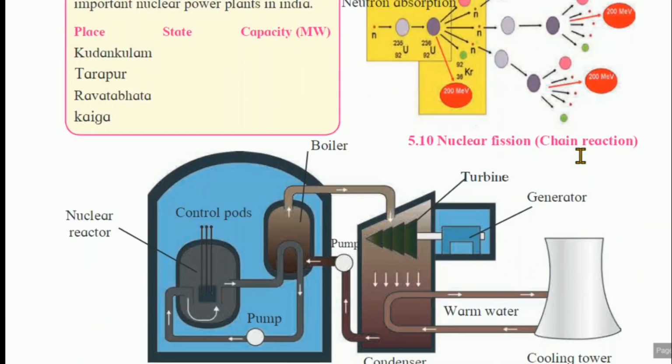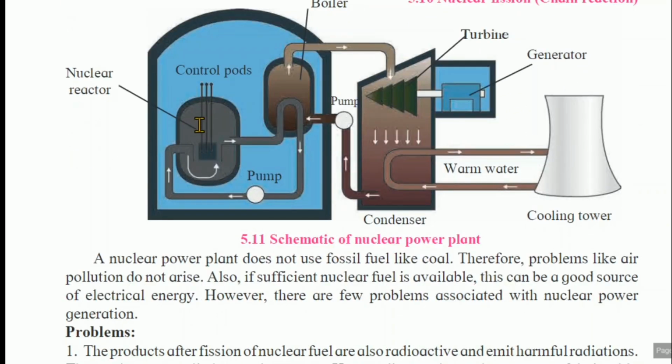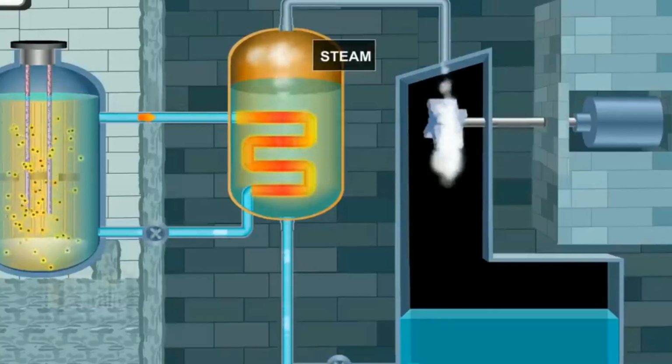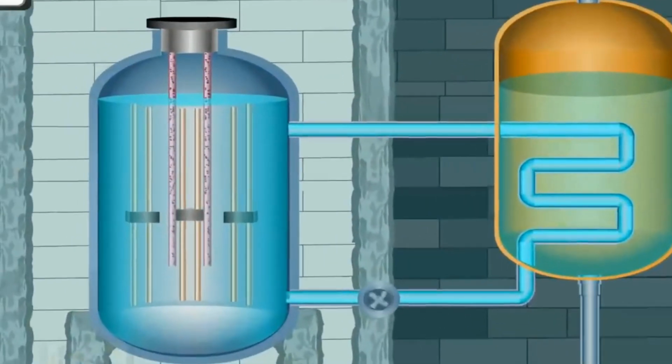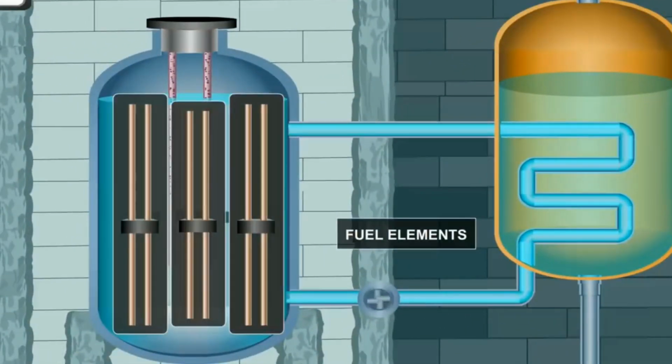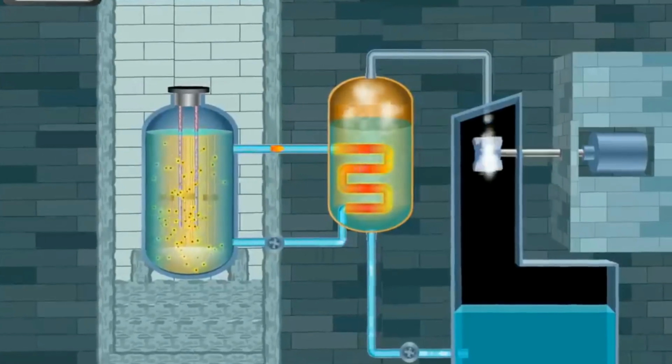This schematic diagram of a nuclear power plant explains it. If you look at this diagram, here the nuclear reactor is there, with control rods. As I told you, nuclear fission also emits harmful rays. A boiler is there, and that nuclear energy is used to boil the water for the formation of steam. That steam is sent to the turbine. Due to that, the turbine rotates. After that the generator starts and electricity is produced.